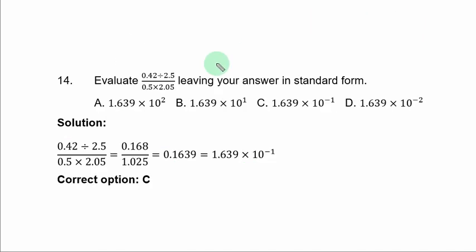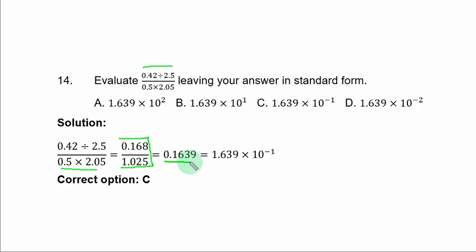Question 14. Evaluate 0.42 divided by 2.5 over 0.5 times 2.05, leaving your answer in standard form. So you have the problem. If you simplify the numerator, you have 0.168. The denominator, you have 1.025. If you divide both, you have